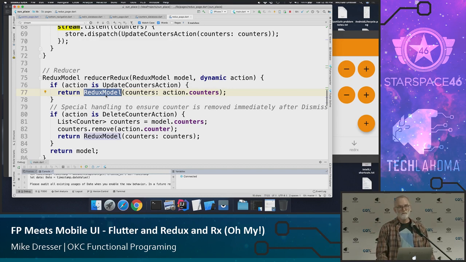And that's, again, built value that I talked about early, which is a way of, in Dart, making immutable objects, provides a builder function so that you can just say, I want a new object. It's just like this one, but it has this one change. So you don't always have to enter all the new changes in your code, just the one change. But what you have not done is mutated the old object. You've created a new one and passed it on. Okay. All right, so the model now is passed to the store, and the store is going to get